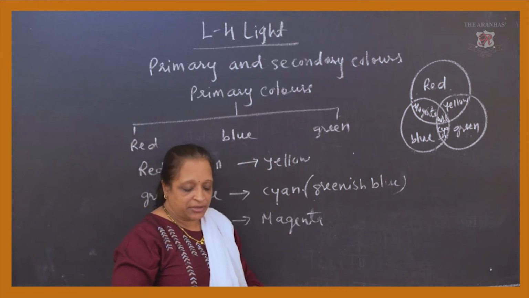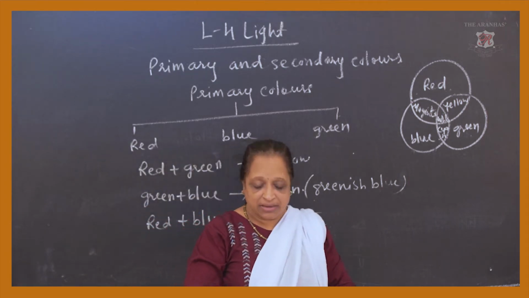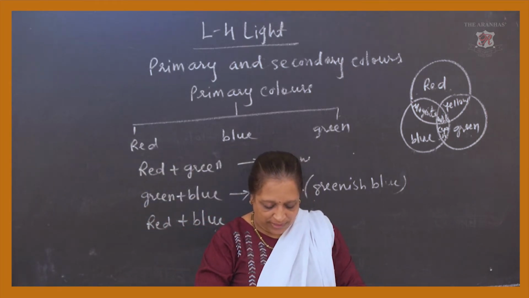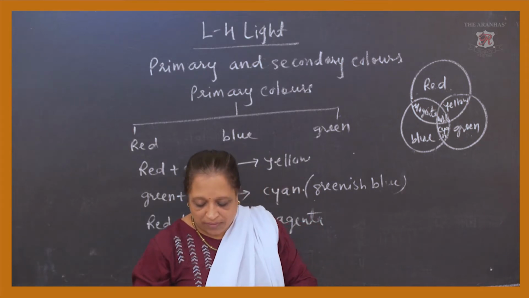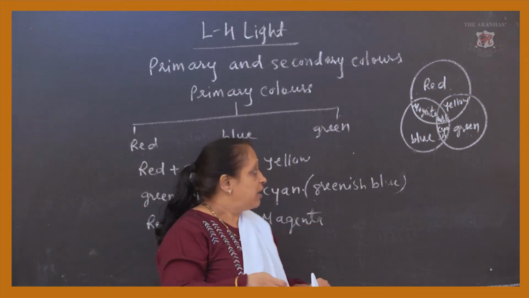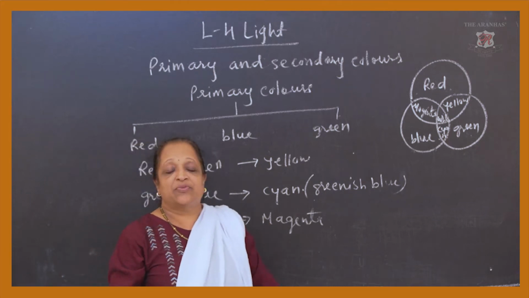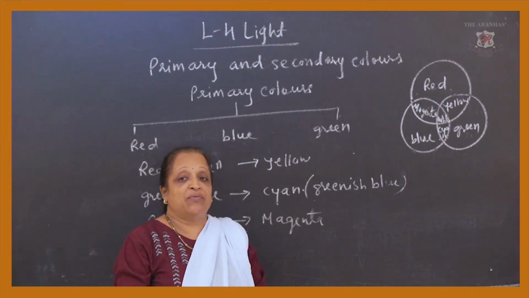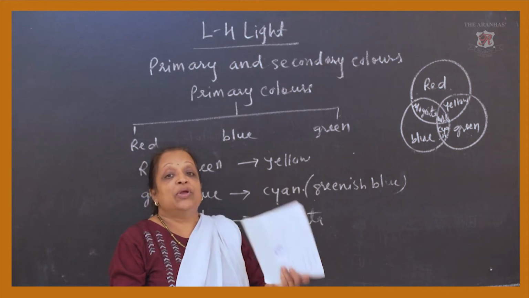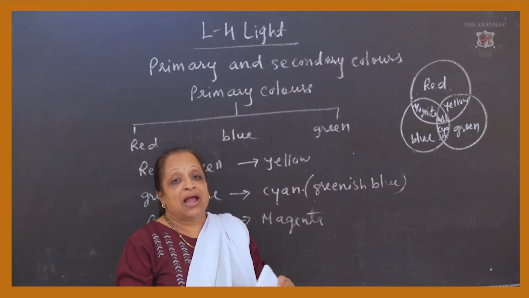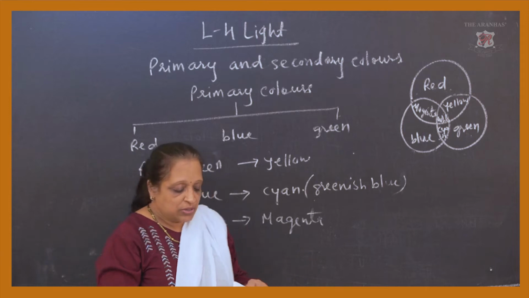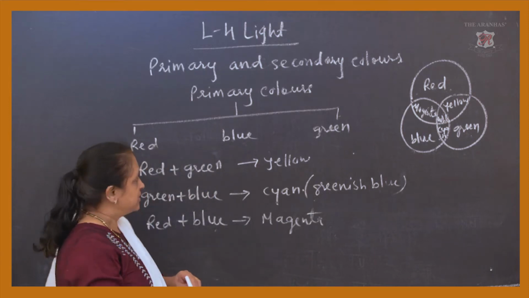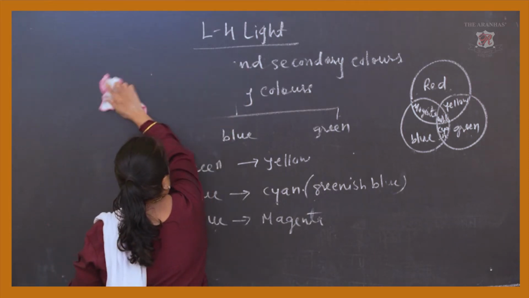And so they are termed as the secondary colors, that is the effect of it. Now next we are going to see the color of the object, meaning why the leaf looks green, why a red flower looks red only, why we have the blue effect of any other object, and why this happens. So next we are going to see the color of the object.